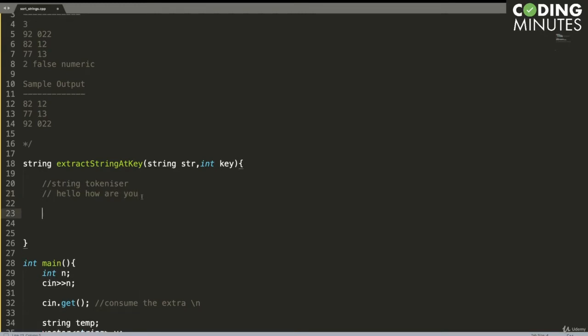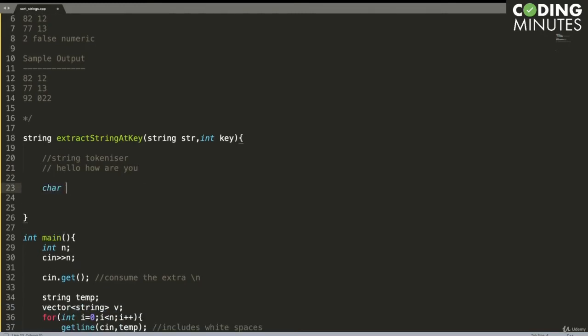So what I will do, I will say okay, let us get the first token, and I'm going to call this function. This function now accepts a character array, but what we have is a string, so we can access the underlying character array by using the function str.c_str. So this gives us the underlying C representation of this string object.